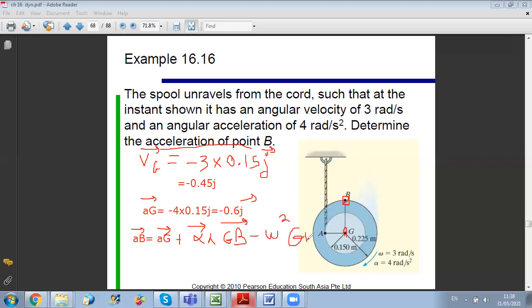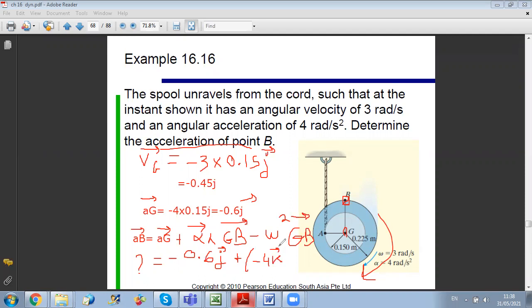And now all we have to do is to replace each component by its expression. So for point B, it's unknown. I want to get it. So I can decompose it into x and y components. Okay, so it's equal to acceleration of G, I can replace by minus 0.6j. Concerning alpha, since it's clockwise, so it's minus 4k. So plus minus 4k